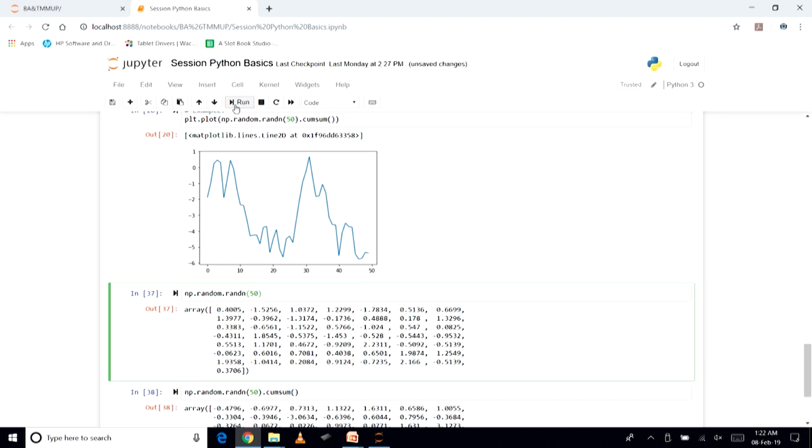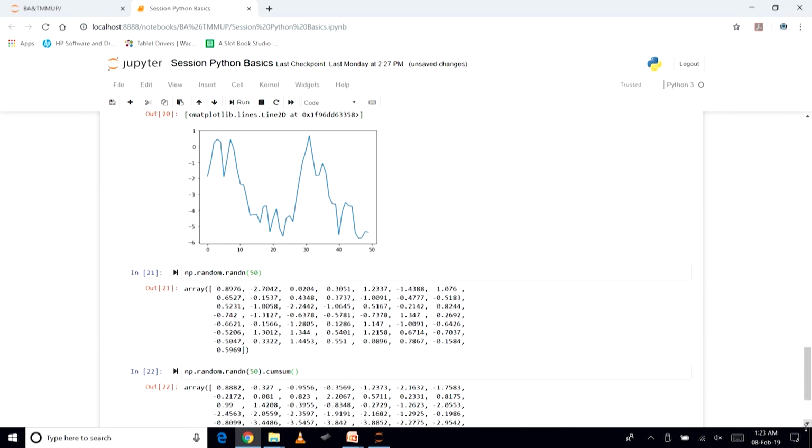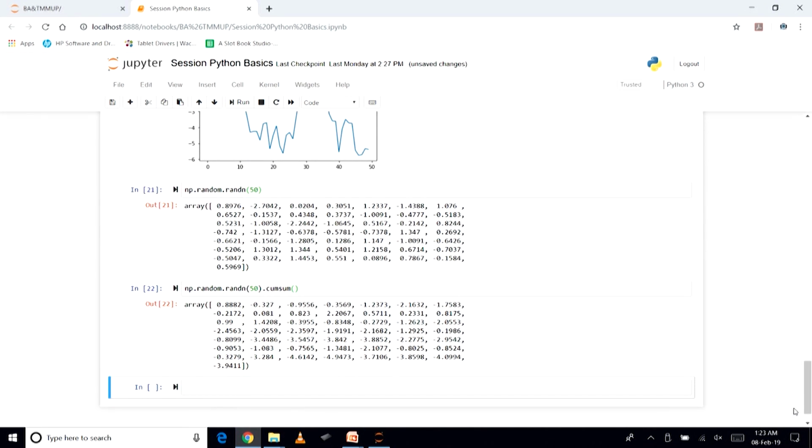If I just run this, I will get these 50 values, and if I want the cumulative sum of these values, I can run it in this fashion. How the syntax is working, and the specific language semantics and programming constructs in Python, we will discuss as we go along in this lecture and coming lectures as well.